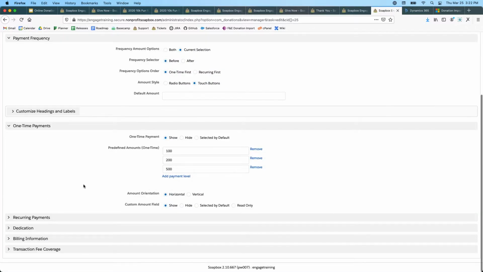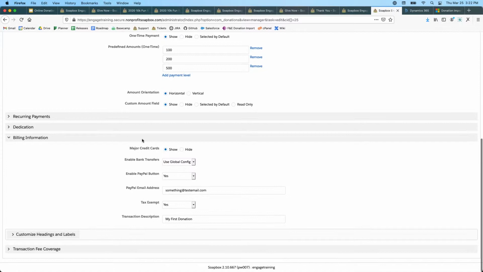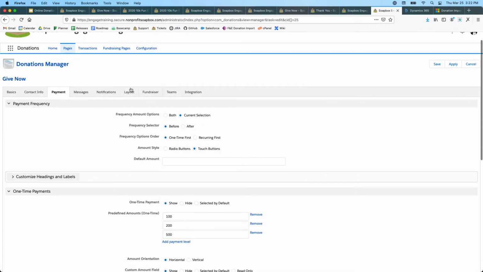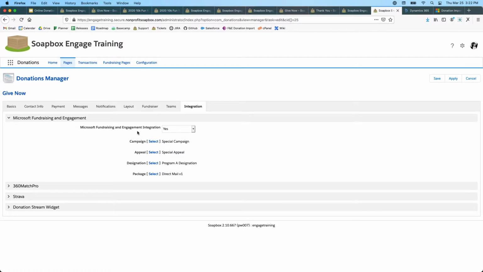Here is where we added that as a custom field within Soapbox. And adding or editing a field is just as easy as clicking the edit button or clicking the add element button, so that we can go ahead and see details within Microsoft Fundraising and Engagement itself, or alter various elements